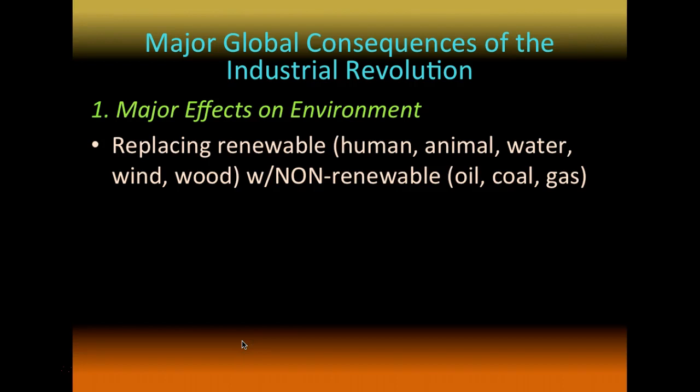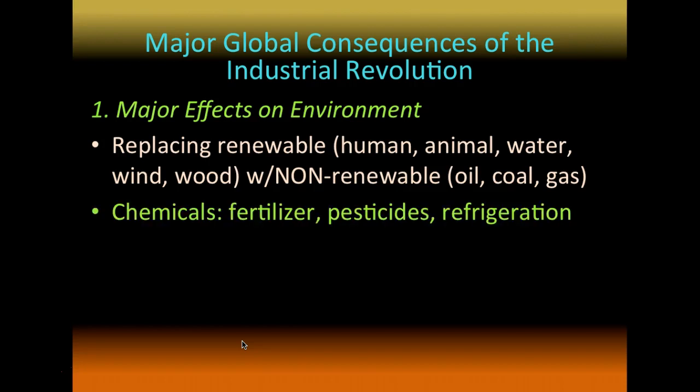And then non-renewable energy started to be used. Oil, coal, and gas, and all of these, we just use them and they're gone, and eventually a time will come when there is no more oil or coal or gas to be used from the earth, and we will be forced to find other means like solar power, for example.